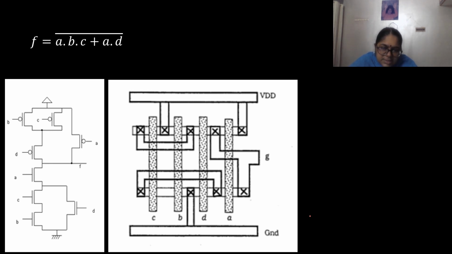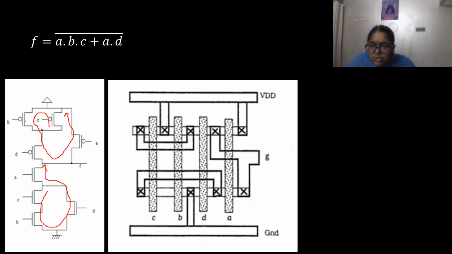And then you draw the stick diagram by first marking the source and drain of the transistors in the circuitry, and then looking at the circuit you can mark the source and drain of the transistors which have been formed. So here in this example CBDA is used as the inputs. Let us see how. If I start from this C, B, D and A, this is the path in the NMOS side. Similarly, PMOS side C, B, D, A.